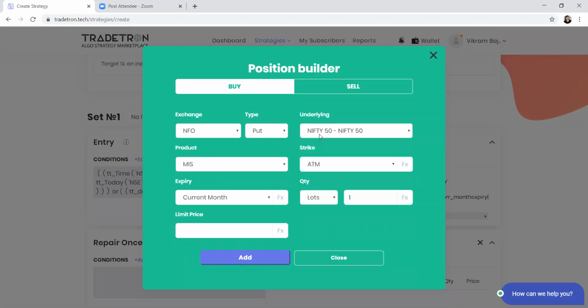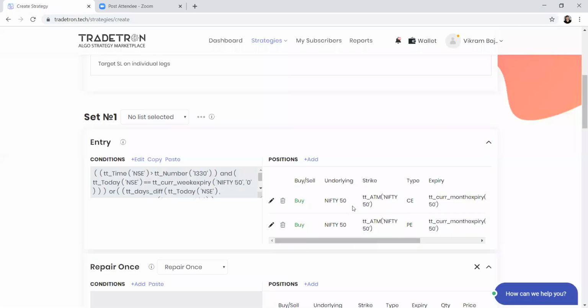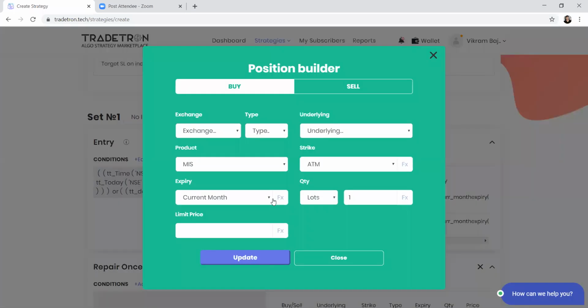Again, you have to select the underlying, MIS order, ATM strike, one lot again, and add. So like this, you can add multiple such positions. If you have a 3-leg strategy or 4-leg strategy, you can add as many legs as you want. Now let's try to